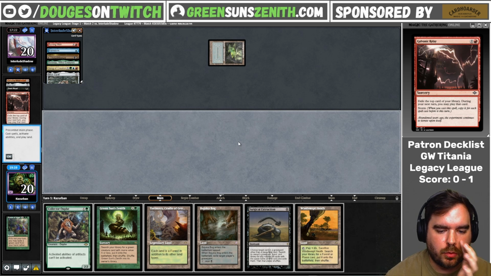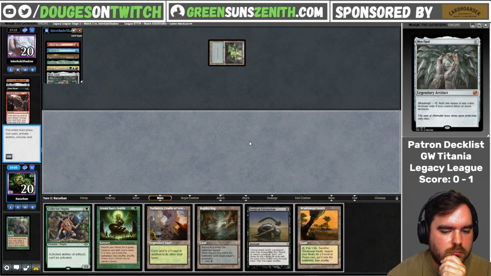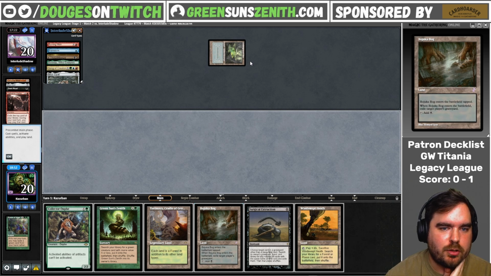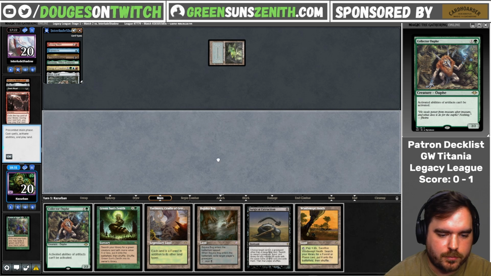I could Bog here. They're going to Thoughtseize. They have one card left in these. I think it's Bog, just to potentially maybe turn off a Cabal, but that's probably not happening here. I think it's Bog. I could Green Suns for Dryad Arbor, but I'd probably rather keep the Green Suns, so it's a little bit harder to know what to take. Probably the Ouphe that they know about it, but...